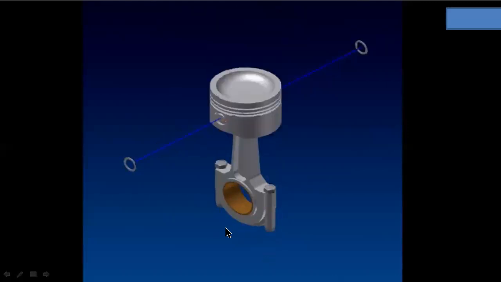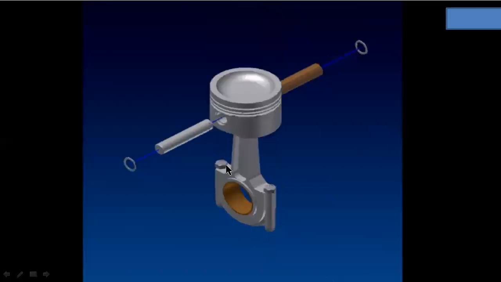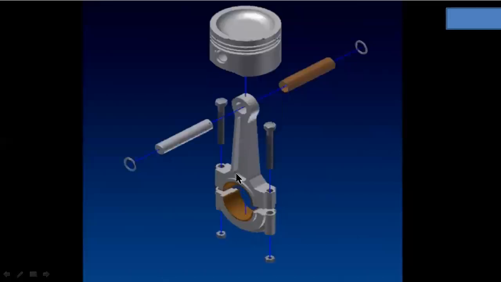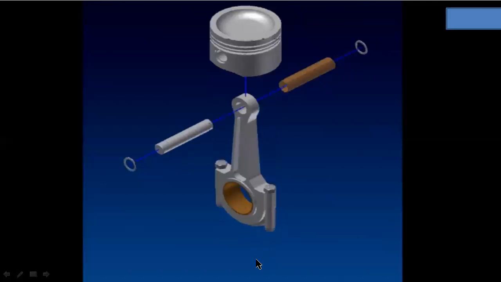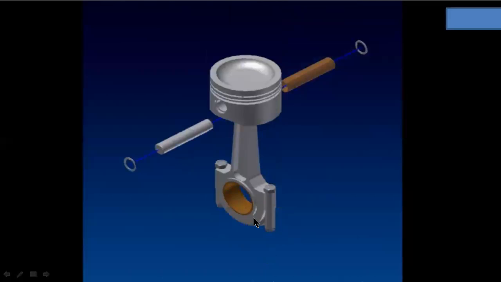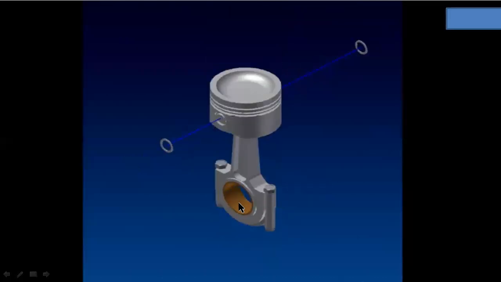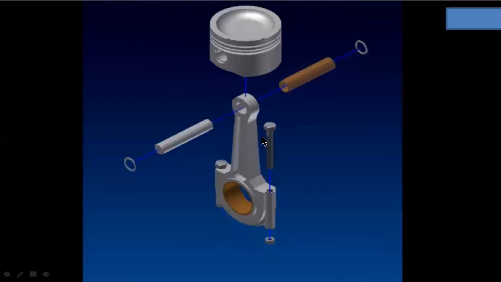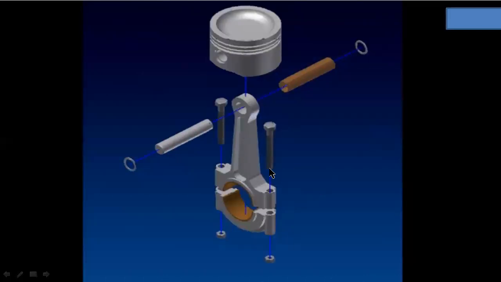And this is a cap. These two are the bolts and nuts. Here we are using a castle nut for joining the cap. Here these two halves are also bushes. This one is also a phosphor bronze bush. These bushes act as bearing surfaces.